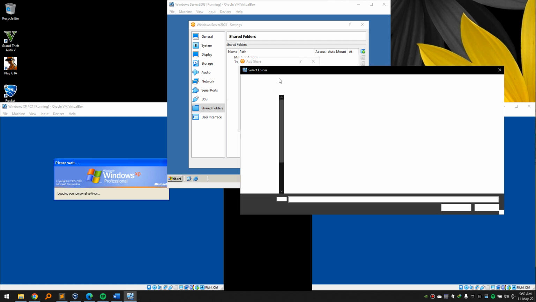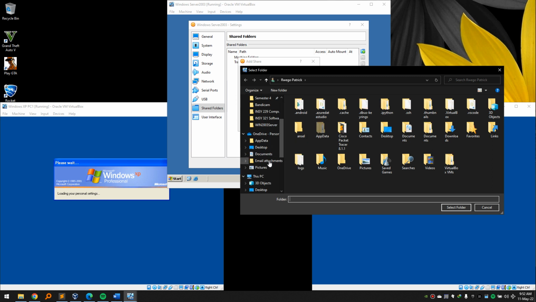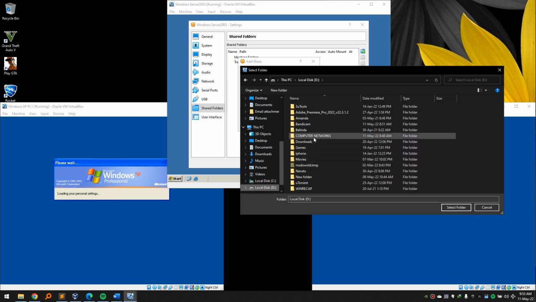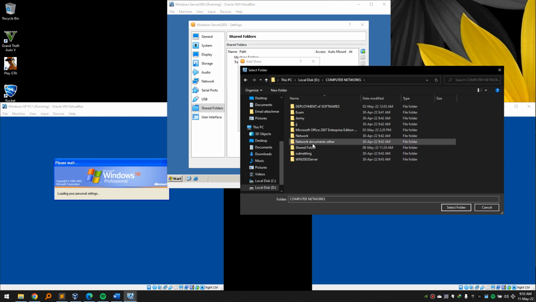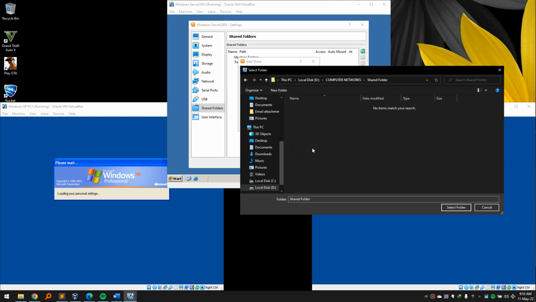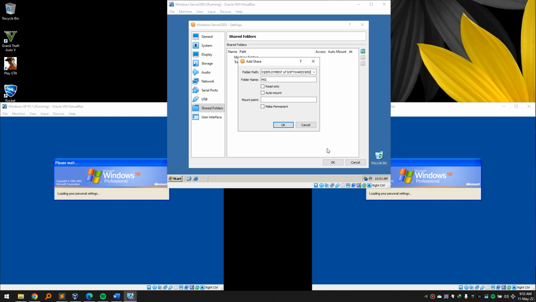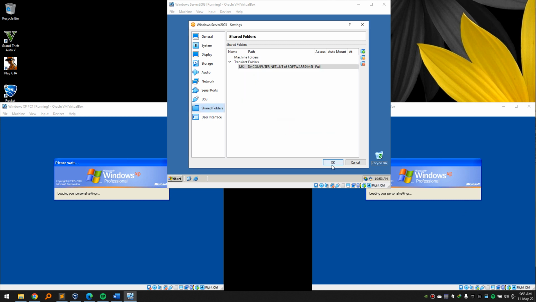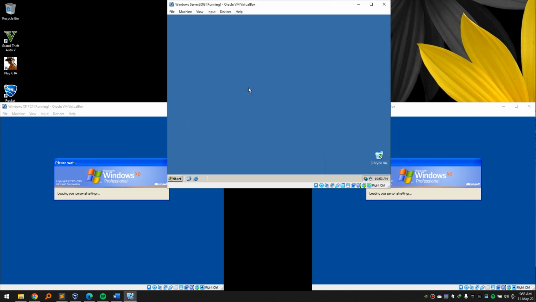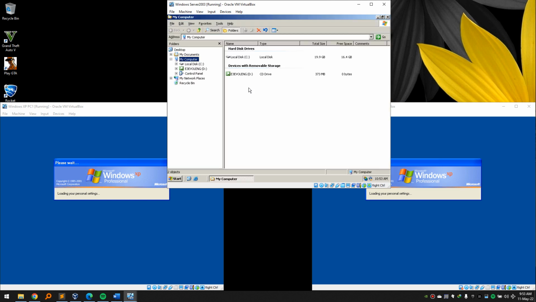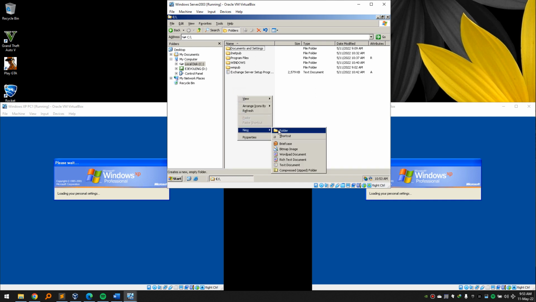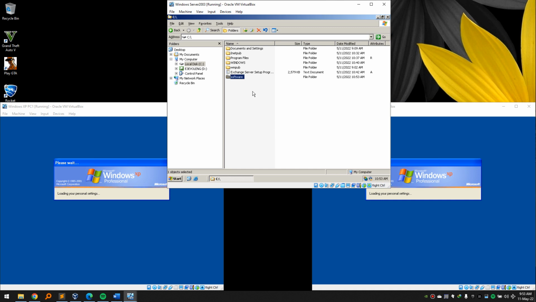So click others. This is my connector. Deployment software MSI. So select this folder. So click OK. Okay. So we're gonna create a software folder on this local disk C called software. So we're gonna share